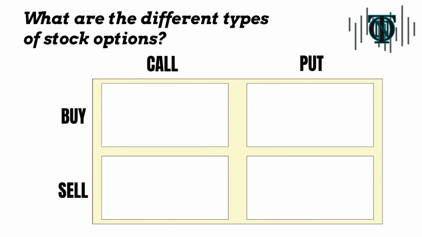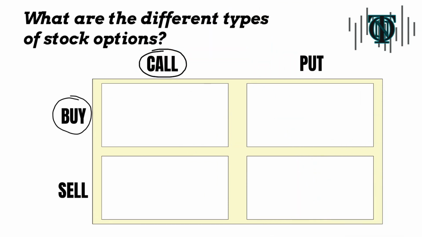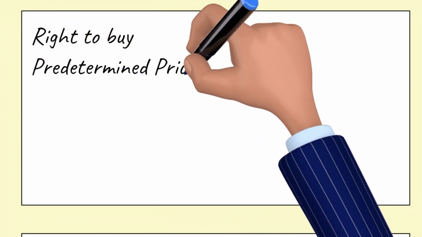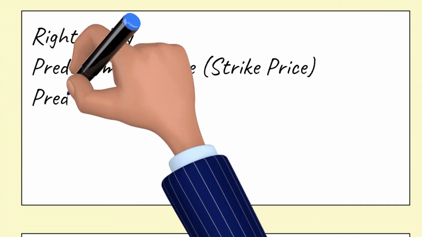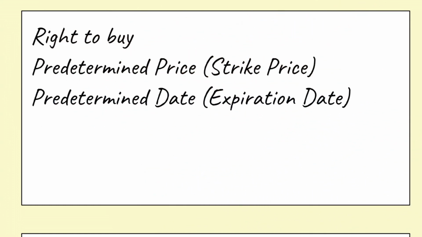As stated before, there are many strategies when it comes to option strategies. However, it is extremely important to understand exactly what it means to buy versus sell a call and buy versus sell a put. To start, let's say we buy a call. What does this mean to us? By buying a call, we are giving ourselves the right to buy the underlying stock at a predetermined price, known as a strike price, by a predetermined date, known as the expiration date.